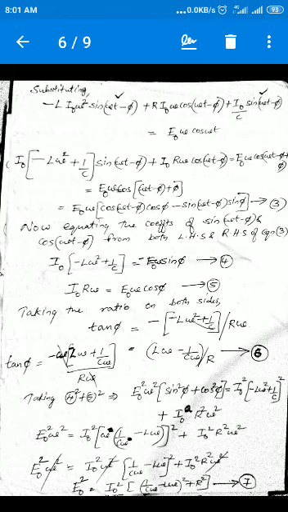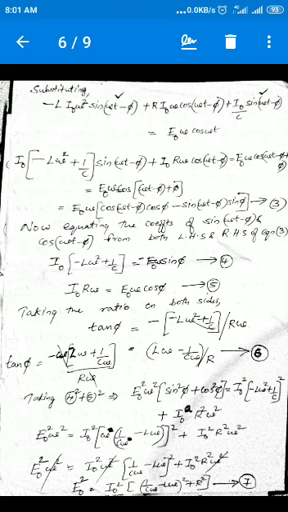So we already got φ. Now we need to find I0. In the solution we assumed I = I0 sin(ωt − φ). I0 we didn't know and φ we didn't know. Now we have found φ: tan φ = (Lω − 1/(Cω))/R. What we need to find next is I0.